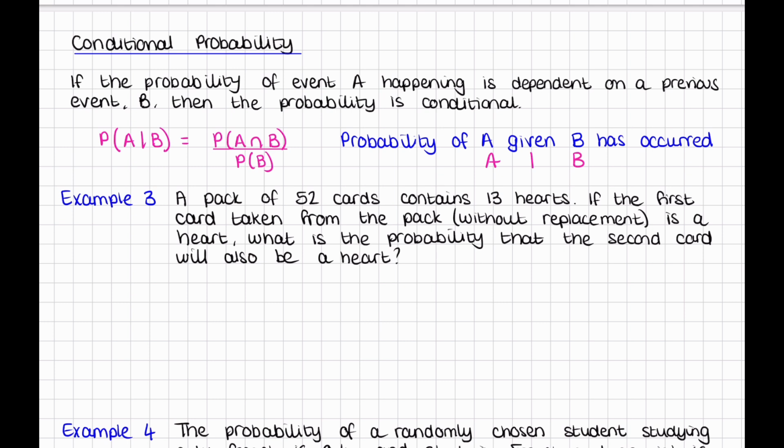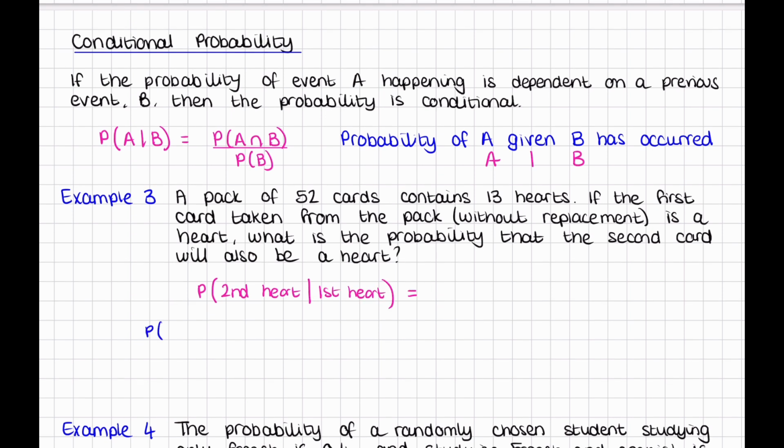So our formula here doesn't have the word "given" in it, so we've got to recognise ourselves that this is a conditional probability question. And we would have the probability of a second heart, so we get a heart on the second, given that our first card was a heart. So the probability of a second heart and the first card being a heart can be worked out by doing